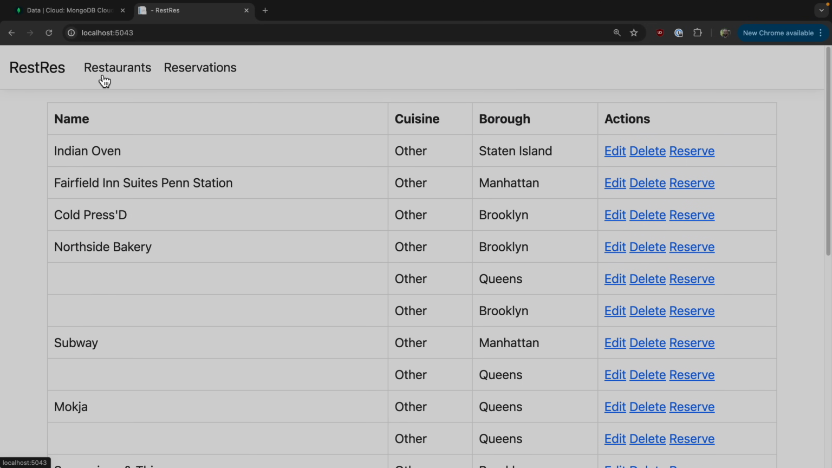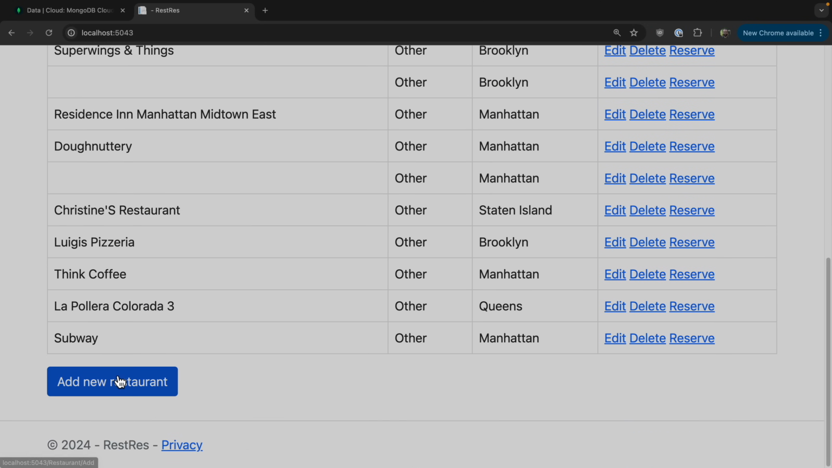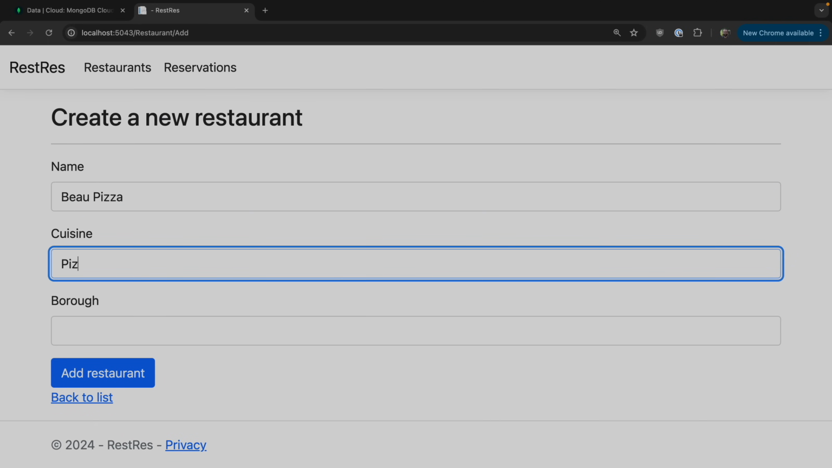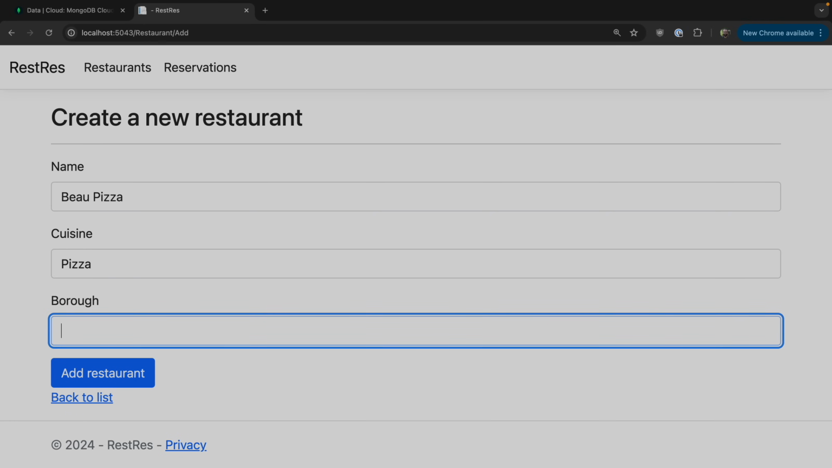Okay, so let's add a new restaurant. Let's see if that works. If we scroll down to the bottom, add new restaurant, and we'll say Beau Pizza, and then cuisine pizza, and then